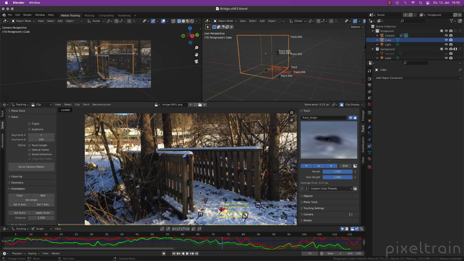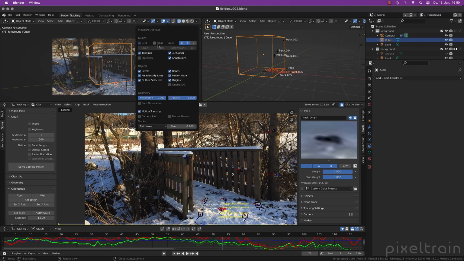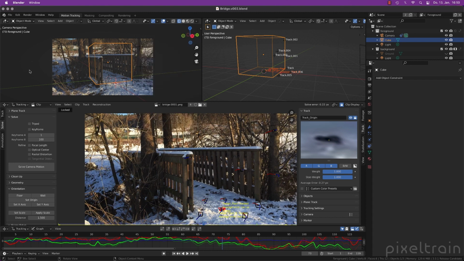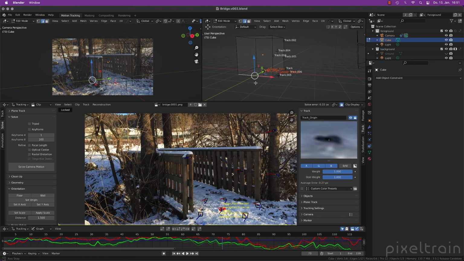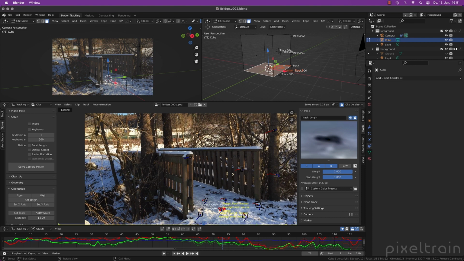Let's say this cube here has to be placed here, and this is the important position where you later want to insert your stuff. For this, I think I have to make this cube a little bit smaller. You see it's quite big. Meanwhile, I deactivated the floor because I don't want to see it. I deactivated also the marker names so that I have this nice and tidy. Select the cube, go into the edit mode, select the face which is here on the bottom, and with Shift S you can set your cursor to the selected object, in our case the face.